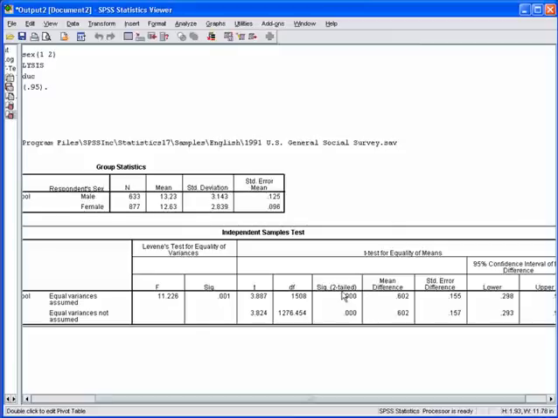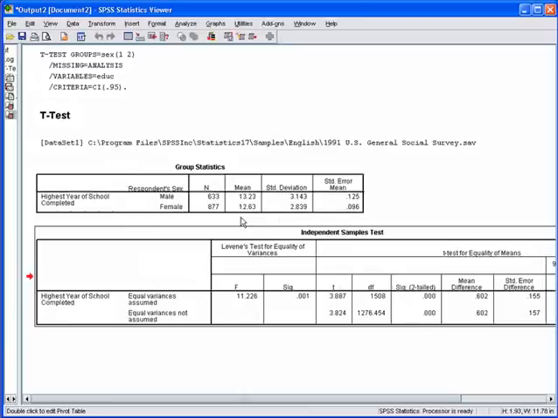If the value in the significance two-tailed column is less than 0.05, then there is a significant difference in the mean scores of your dependent variable. So for this example, under equal variances not assumed, the two-tailed significance level is less than 0.05. So therefore we can say that males have completed significantly more years of school than females,